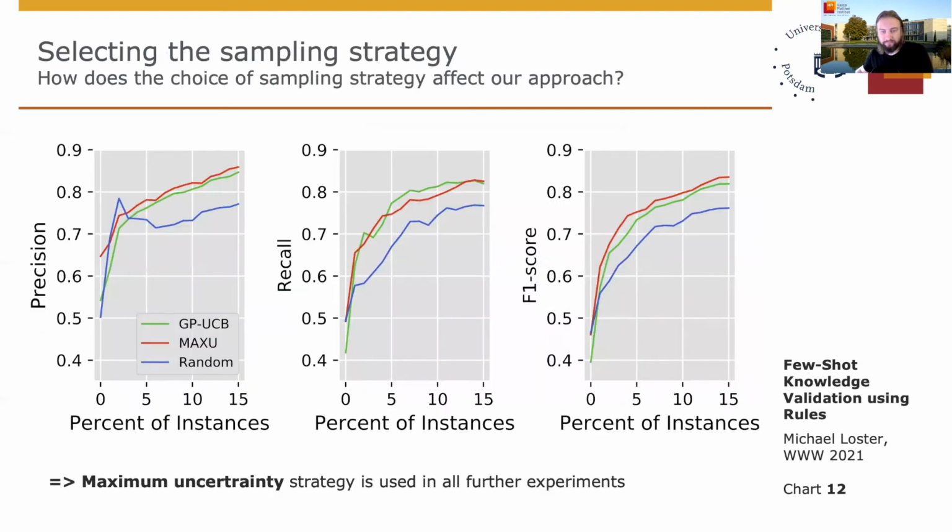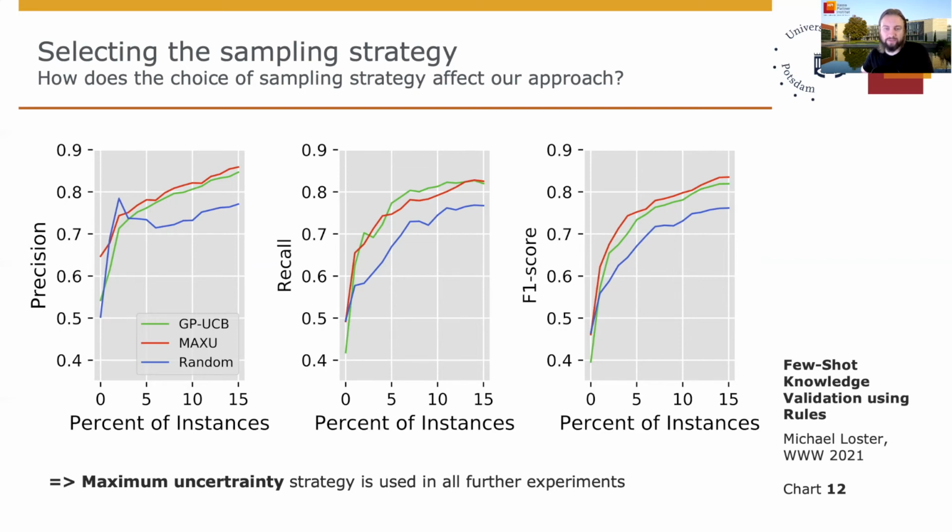As they are ultimately responsible for composing the training set, the sampling strategies play a crucial role in the COLD framework. Thus, we examined the effect of the different selection strategies on our COLD-GP model. The plots show how different sampling strategies affect the precision, recall, and F-measure of COLD-GP. We conducted the experiment by using the respective sampling strategy to select a continuously growing set of training data. We then trained the COLD-GP model on the selected training set and made a prediction on all remaining facts, including